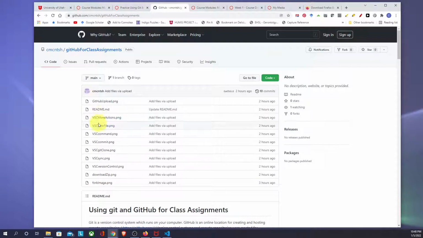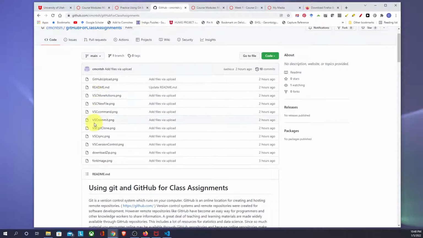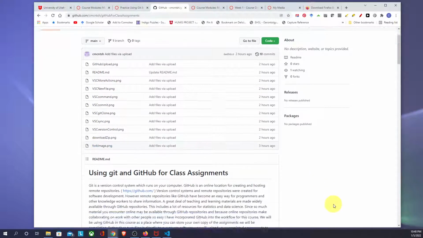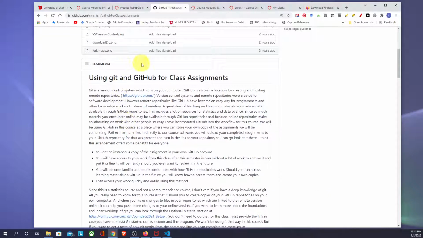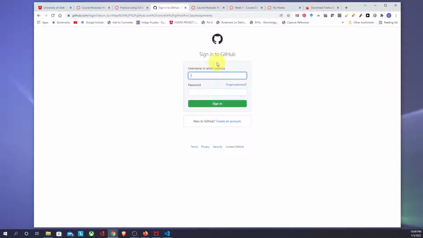I've got some image files that I've used in this page here, and I've just put them here in the repository for my ease of use. So they're nothing that's going to impact you guys very much, but they're just files in the repository. And then this is a README page. The little .md stands for Markdown, and if you're in GitHub, and I'm actually not signed into this account, I'm going to go ahead and